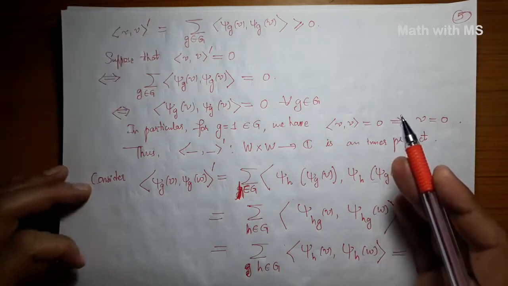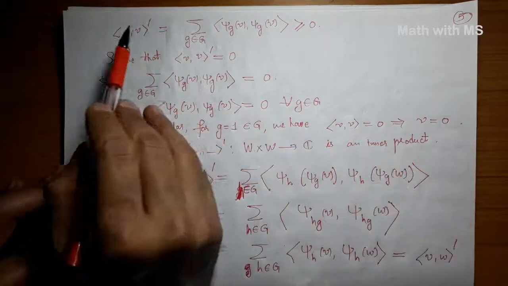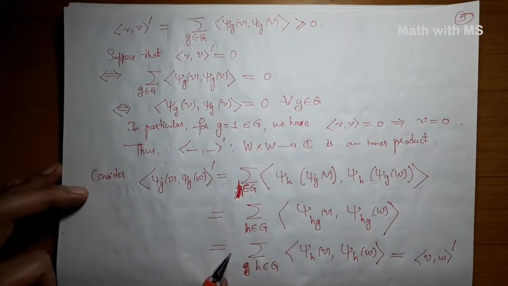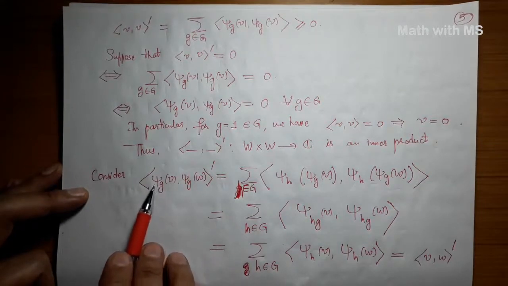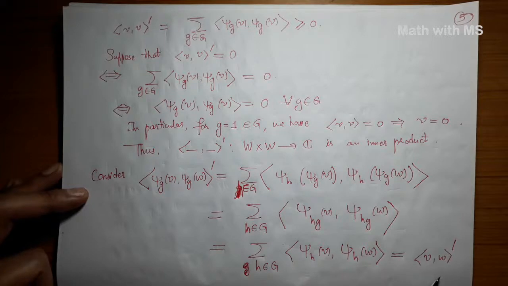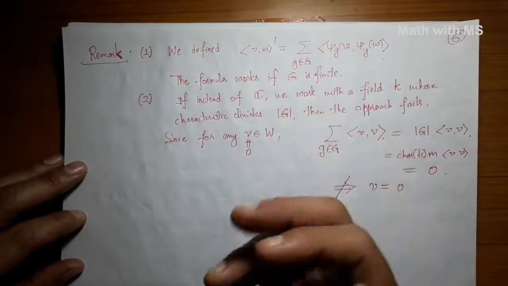Using this averaging technique, we modify that inner product into a new inner product, and we also check that the representation is in fact unitary. Each element of the group G in fact preserves the inner product. So thus every representation is equivalent to a unitary representation. I want to make two important comments here.